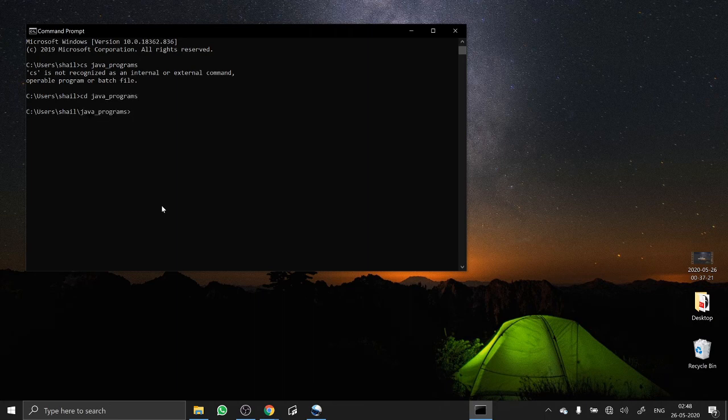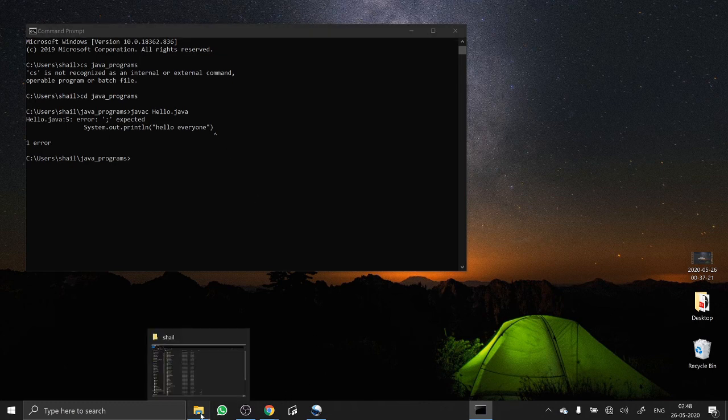Over here, I'm going to first compile my file and then run it. To compile your file, you have to write the keyword javac, give a space, and write your file name, which was hello.java. Press enter. It will show you an error if there are some. See, here it is saying that a semicolon was expected after this statement, which I have not placed. So I'm going to go to my file